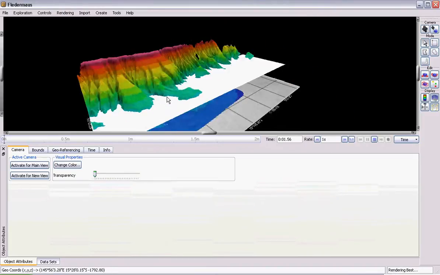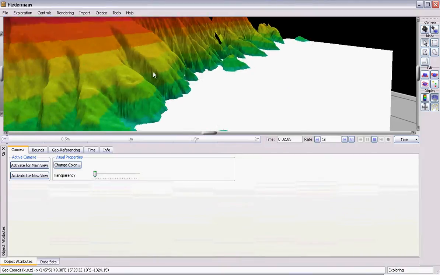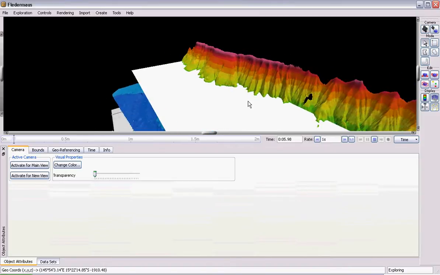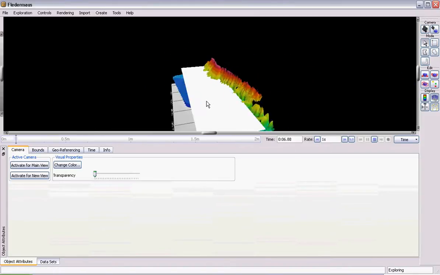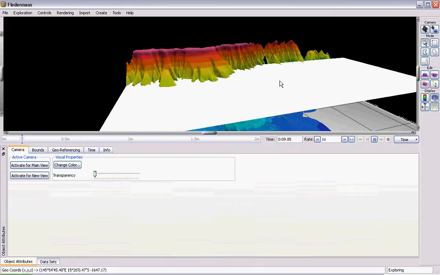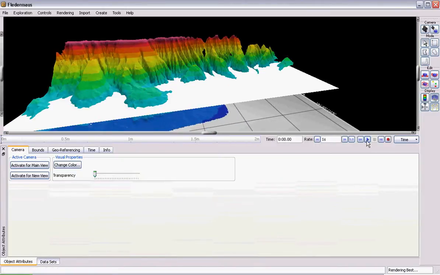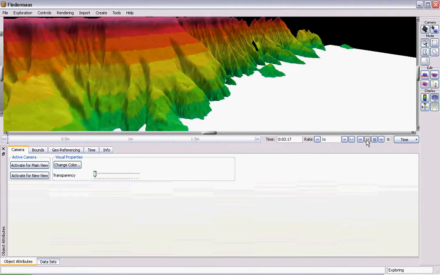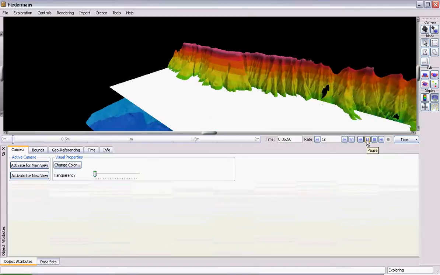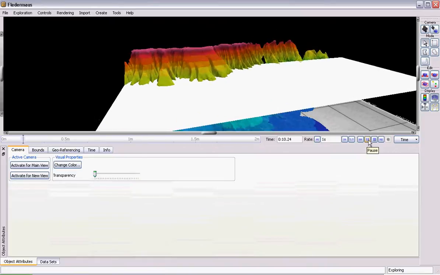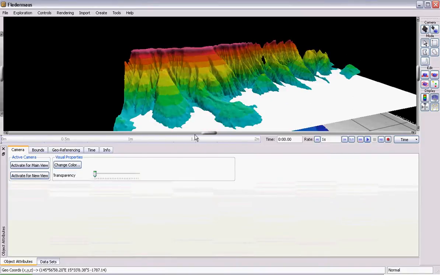timer automatically, so you can just move it around in the normal way you play around with the viewing in Fledermaus, except that it's recording this all the time. You can see the time is going up, and it will try and make it quite smooth. So if I were now to stop that, go back and play, it will do all those crazy movements. It doesn't give you a lot of control, but if you want just a quick manoeuvring, then that's the best way to do it. But if you want to have control of where the camera is at specific points, you